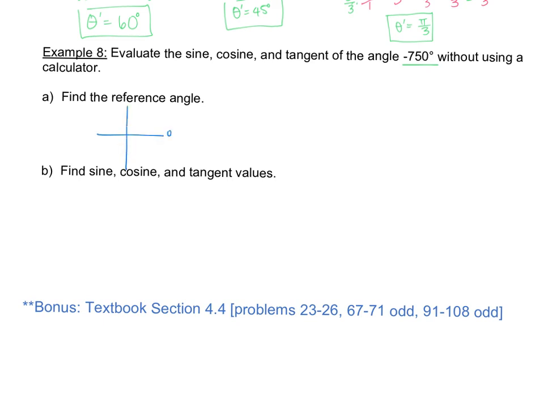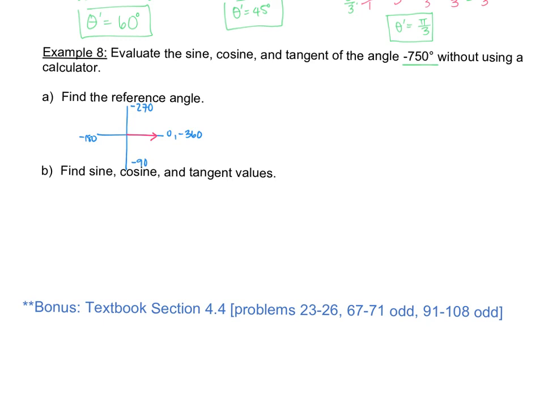I know that helps me. So this is a negative angle, so I'm going to go from 0 to negative 90, to negative 180, to negative 270, and then back to negative 360. So I'm going in that clockwise direction. If my initial angle starts here and I go around one time, that's already 360 degrees, and that's not enough. This is negative 750 degrees. So I have to go another